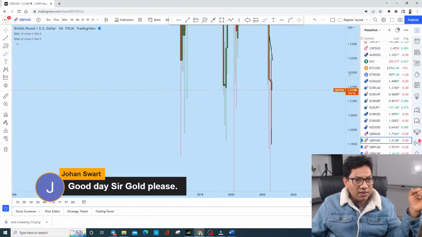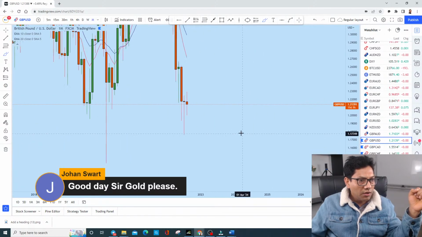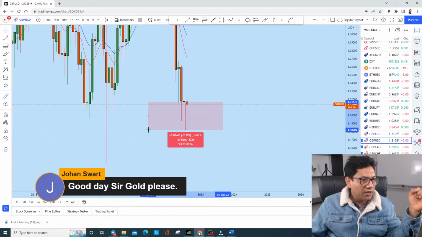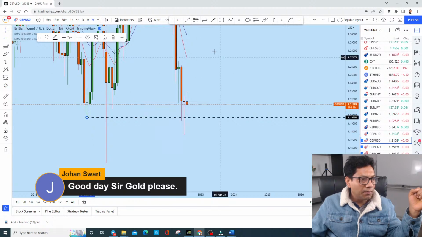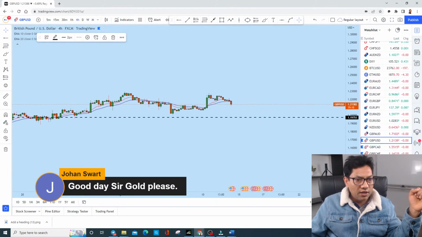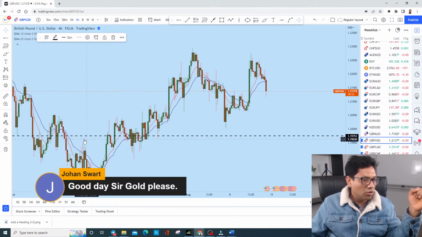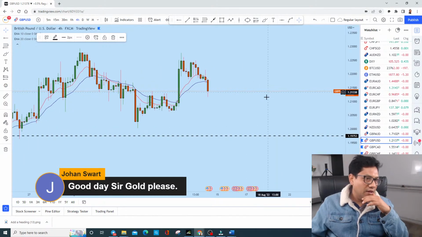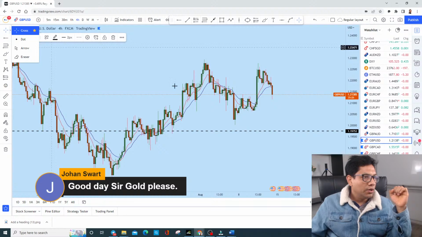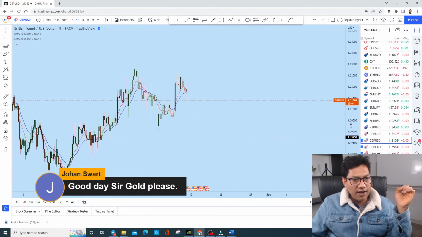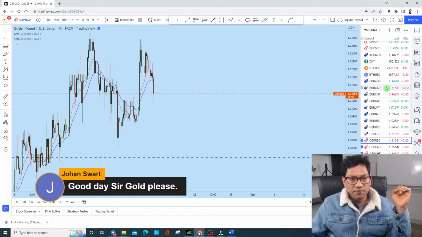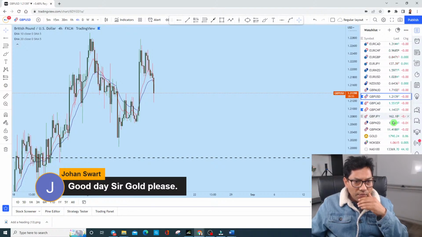Now with the monthly respect, you see that this is the monthly doji. Now let me draw a possible level on the monthly time frame. Let me draw this one here, and we see that this is the monthly support. So what I think is that British pound US dollar will come back to this baseline here, probably will test this zone, and then we could see again another move in the upward direction. So that's what I think about British pound US dollar so far, and I think that it will continue to be bearish.